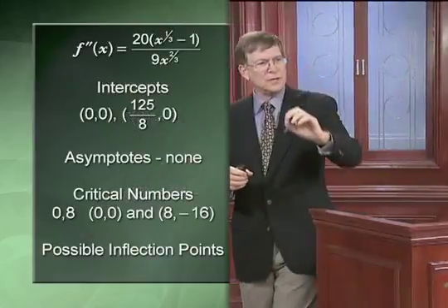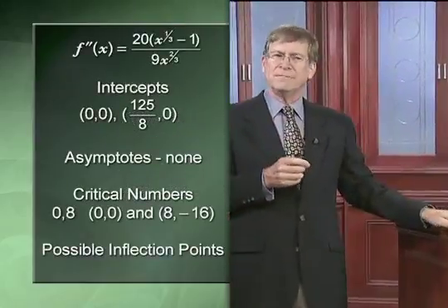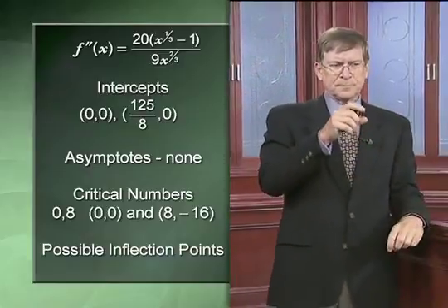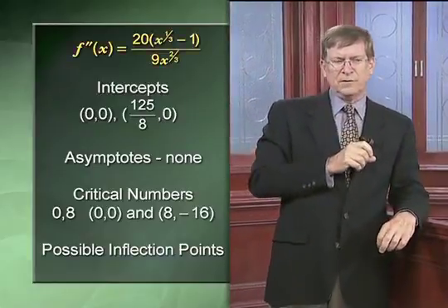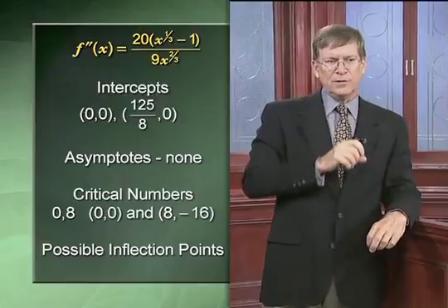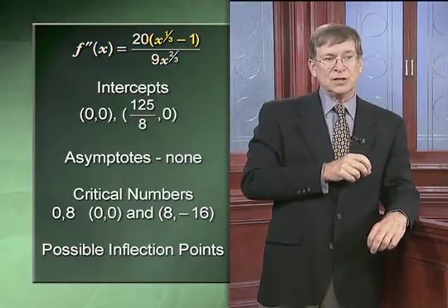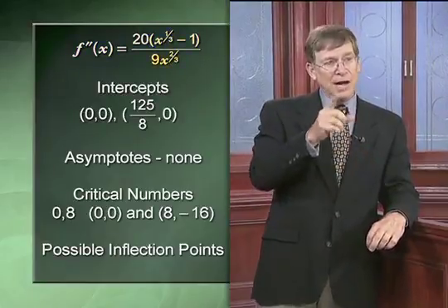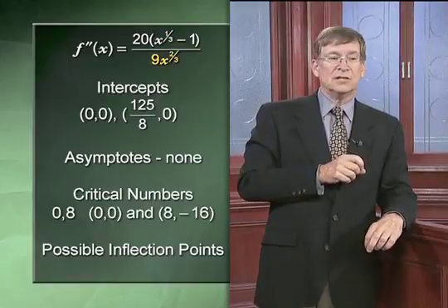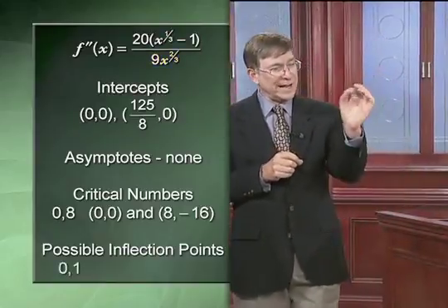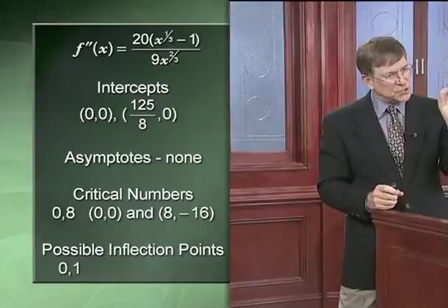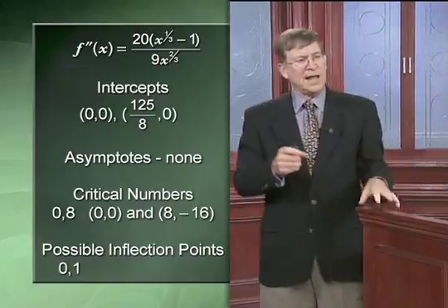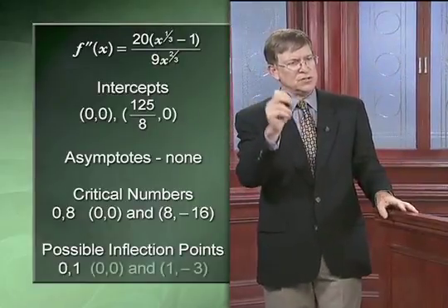Okay, on to the second derivative. Are there any inflection points here possibly? Well, look at the expression for the second derivative. The numerator is 0 if x is 1, and the denominator is 0 if x is 0. So those two x values, 0 and 1, are potentially inflection points, and the corresponding y values are 0, 0,